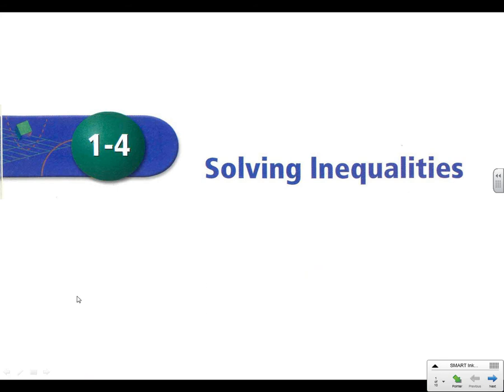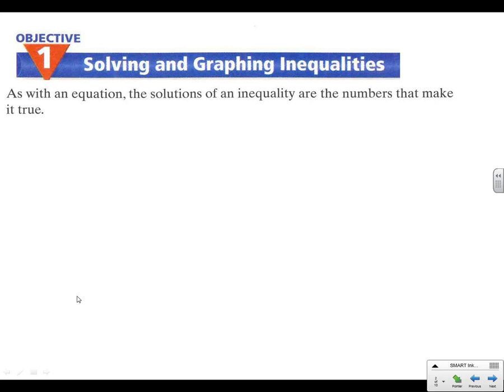All right, 1-4, we are going to solve some inequalities. Just like with the equations we had, the solutions of an inequality are the numbers that make the inequality true. And just as a quick reminder, our inequalities are less than,